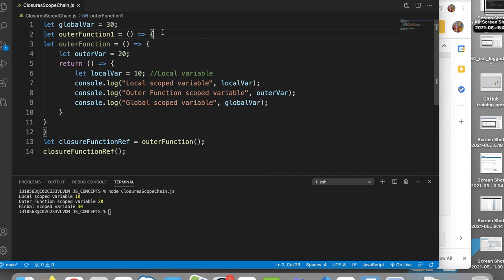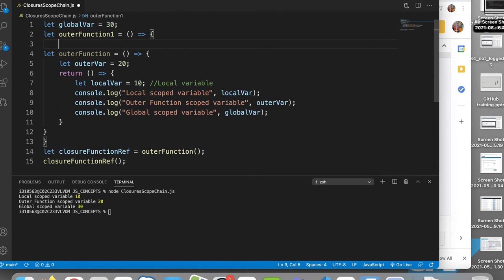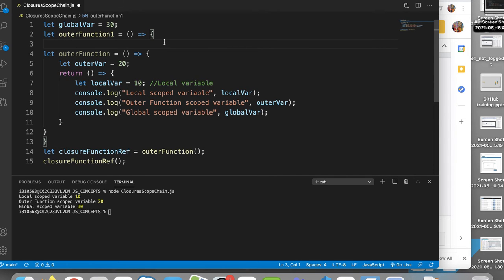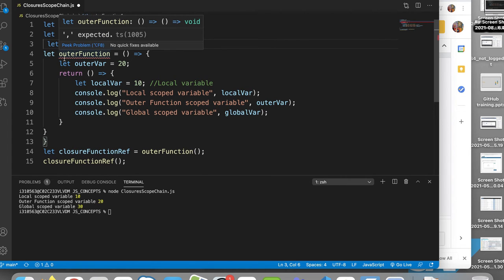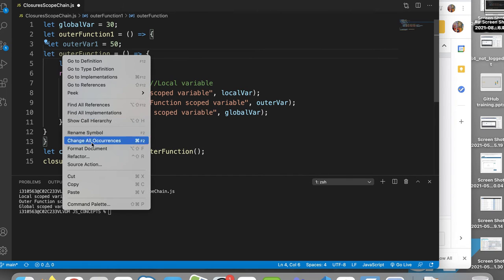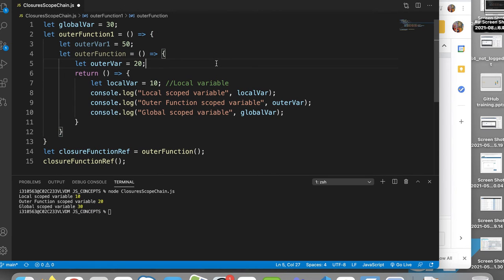And now let's create a new variable in this outer function: let outer var1, and let's give it a value 50, and let's format this for readability.